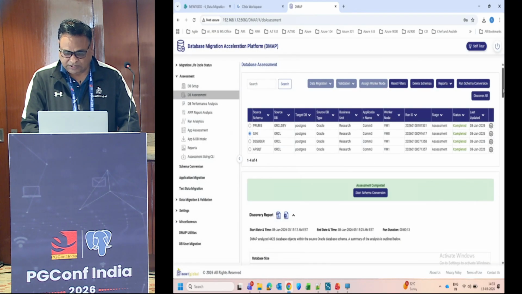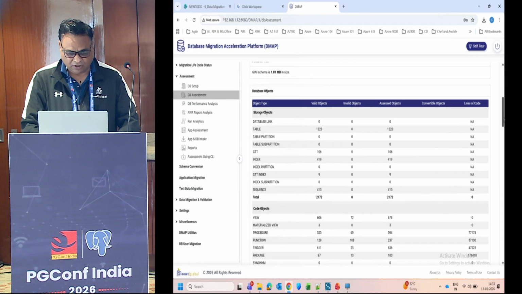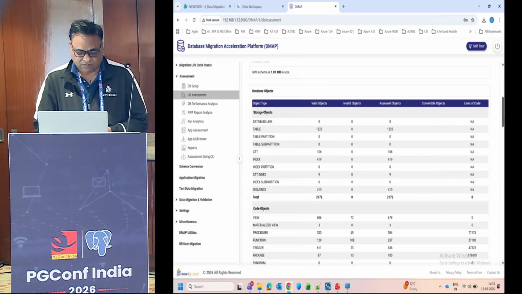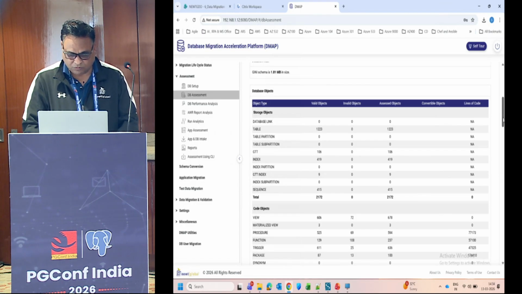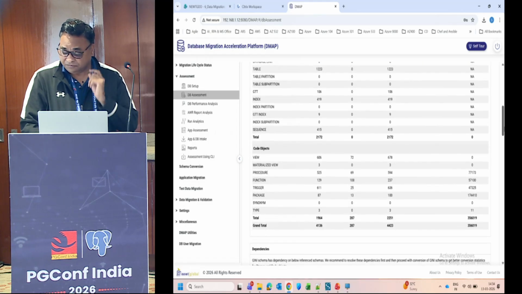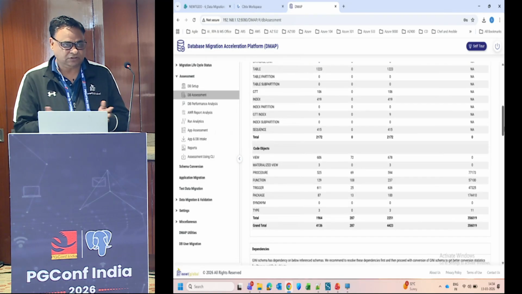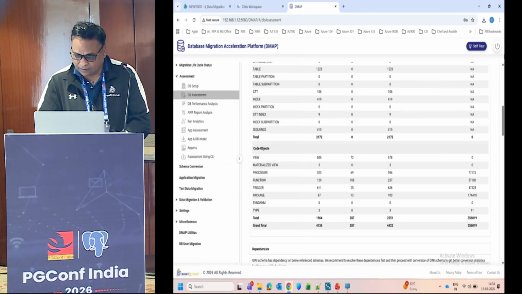The GUI also provides what the landscape is, how many tables, how many GTTs, how many sequences there are. It has the complete information. Similarly, on the code objects, it has the complete information: how many materialized views, procedures, functions. So basically, you are just doing the discovery of what is there on the Oracle side.